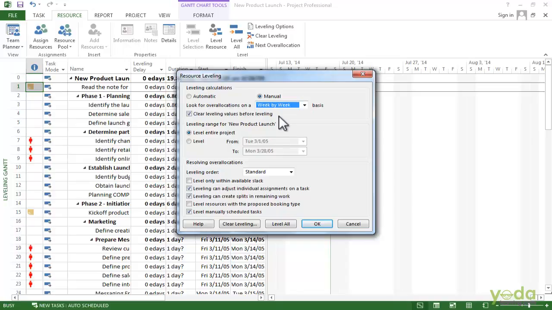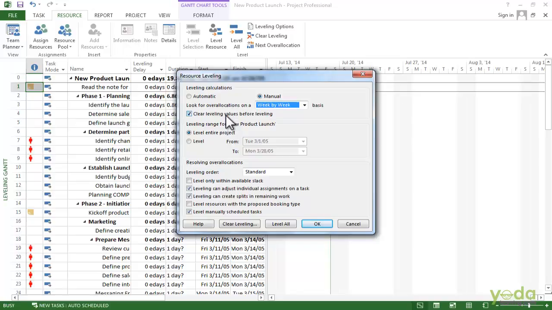If it's a really long project, you could even choose month by month. The checkbox clear leveling values before leveling is turned on by default, and that's a setting you want to keep. That tells the project to get rid of all the delays it added before and then start over. It makes it a lot easier to see what you are doing.